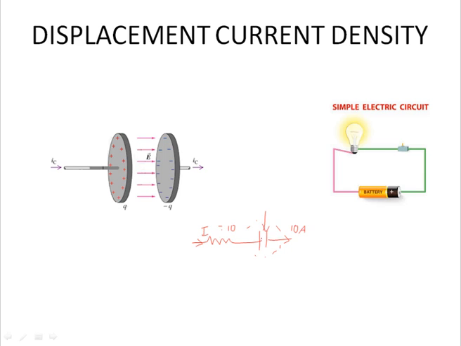Even if there is an insulating medium, the conduction of current occurs by means of transfer of charge between these two plates. That is what is happening. That is what is called displacement current density. If there is a capacitor in your circuit, then the current density which you have to add extra is known as displacement current density. It's actually the current flow density in between the insulating medium in a conductor, right? This is an example of a capacitor. This is a simple resistive circuit. Clear? This is displacement current density, right?